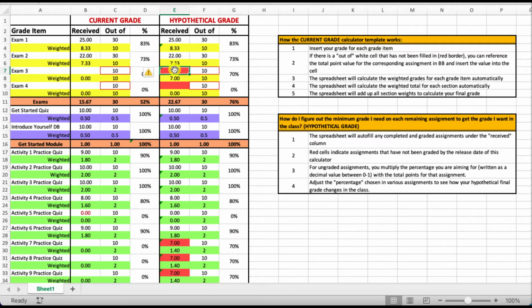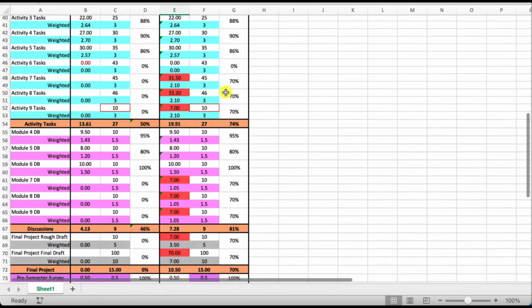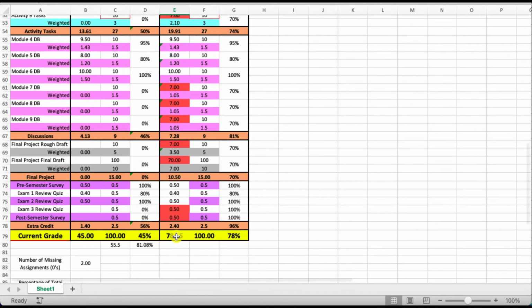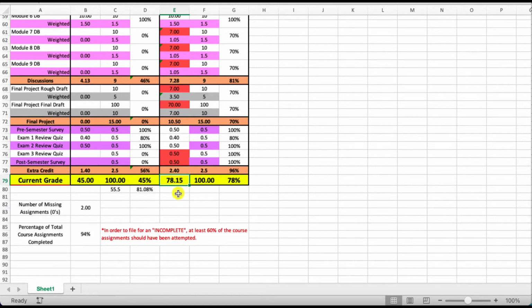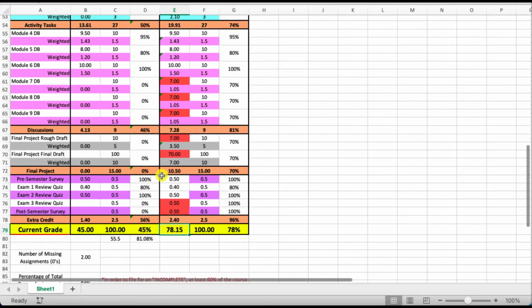So let's start off by saying instead of a 70%, maybe we're shooting for a low B on exam 3. So you can change that percentage and then see how your hypothetical grade changes. Okay, so that's more or less how this hypothetical grade section works. And then as you get your grades, you just would insert them in these unfilled boxes, or in these ones,